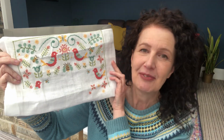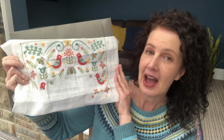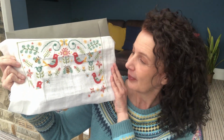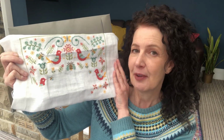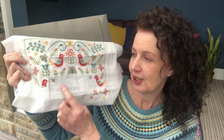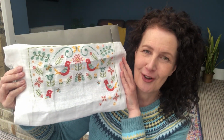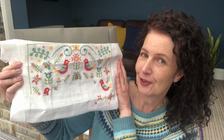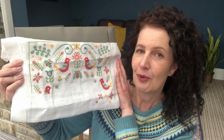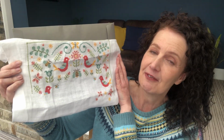Now, what I do have to say is that there are charted words here, and they are All Things Grow with Love. And I've left it blank, as you can see, because I'm thinking, for me, it might be better to do Spring 2024, because I really want to mark the occasion that this is my first ever stitch along, and I always like to have the year in my stitch. So I'm thinking of charting that myself, or trying to find a really lovely font for the spring lettering and see if I can make it fit into that